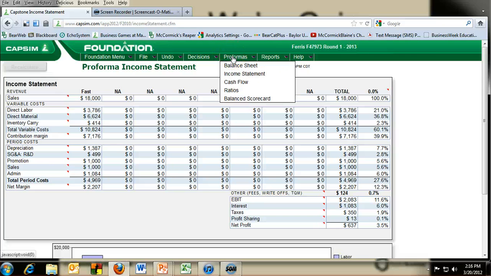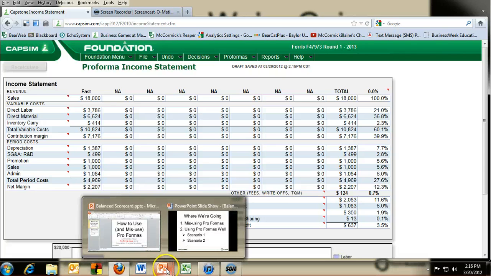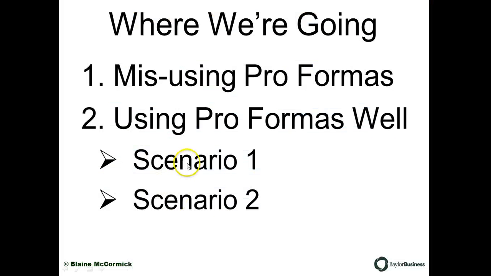And so that's how you use pro formas better, by comparing one scenario with another scenario. If I compare these two scenarios, I can say, well, scenario 1, it's not the 62 I had up here, but that was Fantasyland. Scenario 1 is a 40-point outcome. Scenario 2 is a 37-point outcome. I might be able to fix some things in scenario 1, and so it's looking like a much better decision